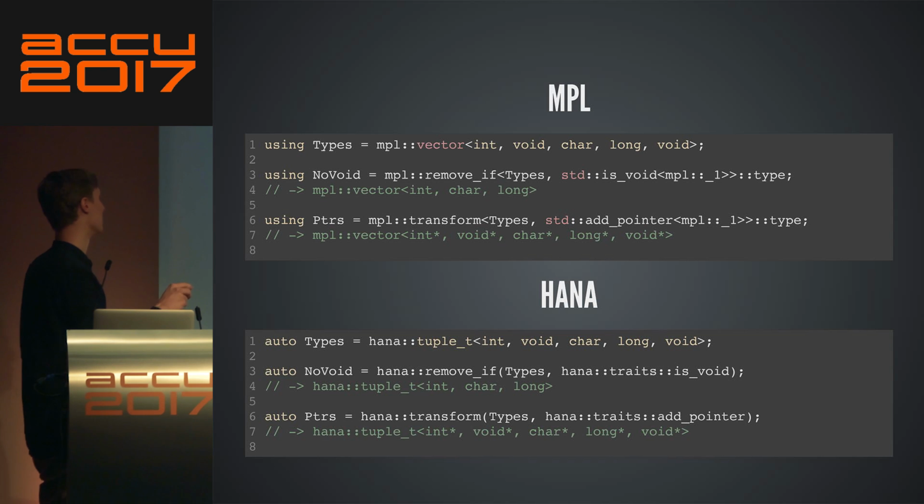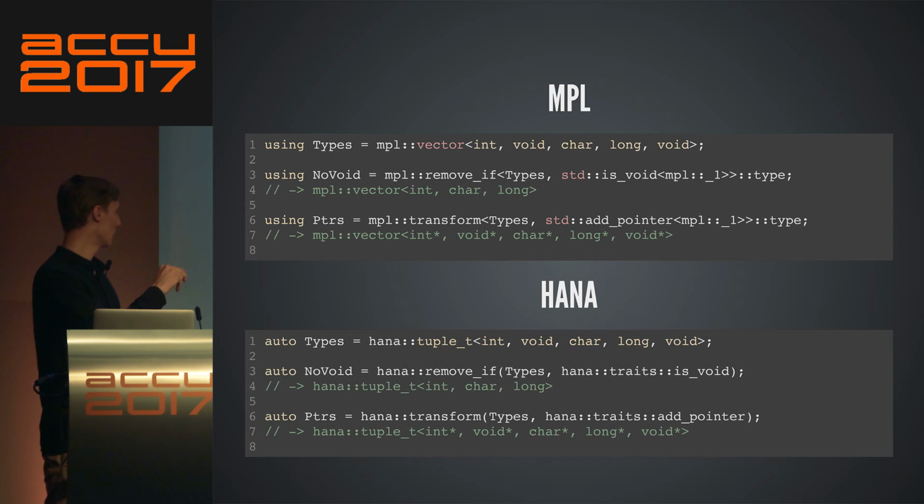Before, you did this with the MPL, and now you do that with Hana. Notice that instead of using types here, and that's the whole point of this, I'm now using objects, right? Auto something. I declare an actual variable, and I initialize it with tuple t, blah, blah, blah. So that's my representation of a type list.